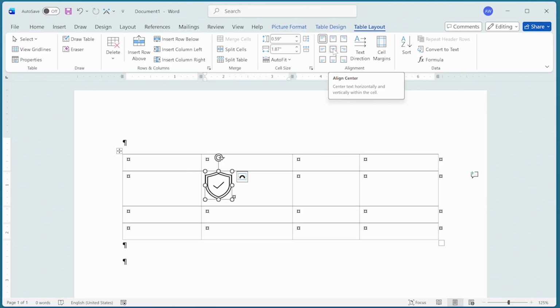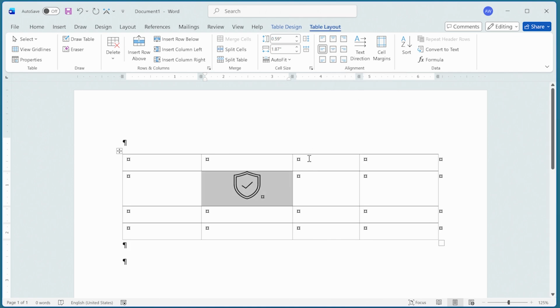Understand that since this graphic is inline, it's treated just like text by Microsoft Word. So I'm going to click on the Align Center and watch what it does to the graphic within the cell. Notice that the whole cell is now selected and the graphic is centered both horizontally, left to right, and vertically,